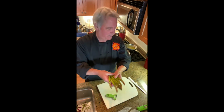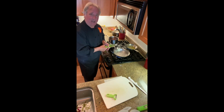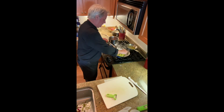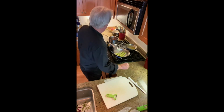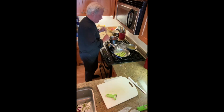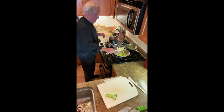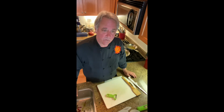So, here are my peeled asparagus. I'm putting them in a low pan today so you can see how they're cooking. And we're just going to cook those until they're done. The water is a little bit